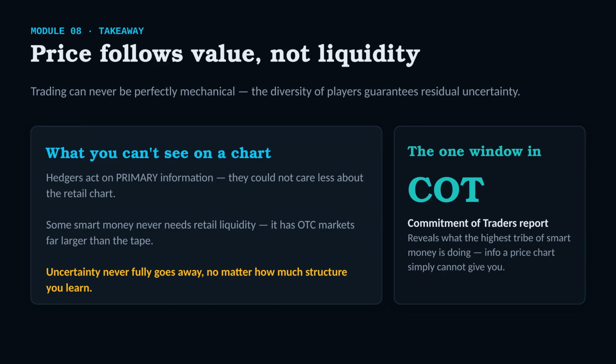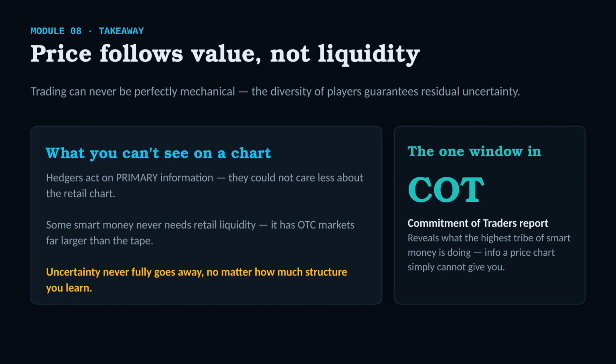Notice that a hedger buys or sells based on primary information. They could not care less about retail traders and the price chart. The good news is that we can track hedger activity. The Commitment of Traders report provides insight into what the highest tribe of smart money is actually doing. That is information you simply cannot obtain from a price chart, no matter how much price action and market structure